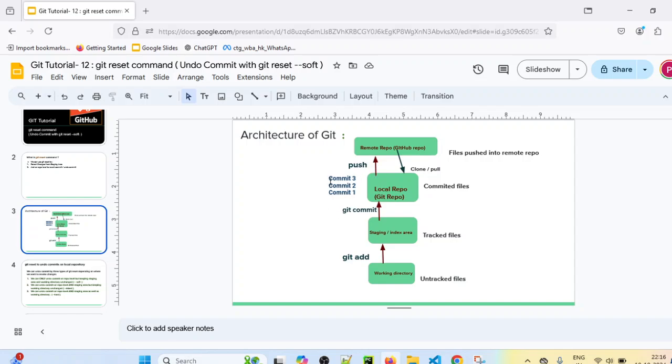And if you want to undo this specific commit 3 and you use the git reset --hard command, what will it do? It will undo that specific commit from the local repository, and it will also remove that file from the git staging area and from the working directory as well. So from all three places it will undo that specific commit's changes.